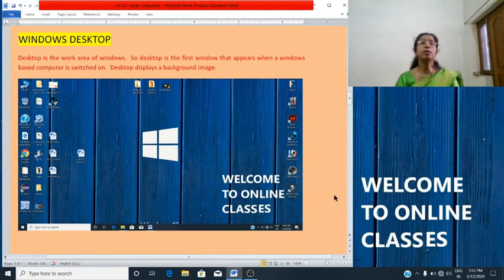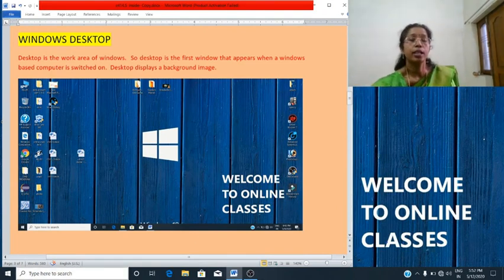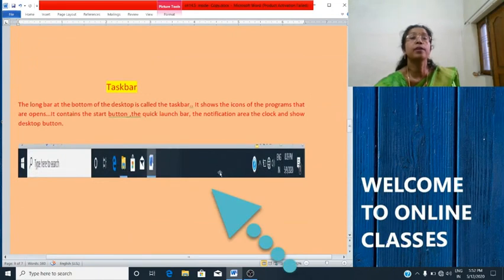Now we will see about the taskbar. The long bar at the bottom of the desktop is called a taskbar. Here you can see it, the long bar at the bottom of the desktop. So this is called a taskbar. It shows the icons of the programs that are open.